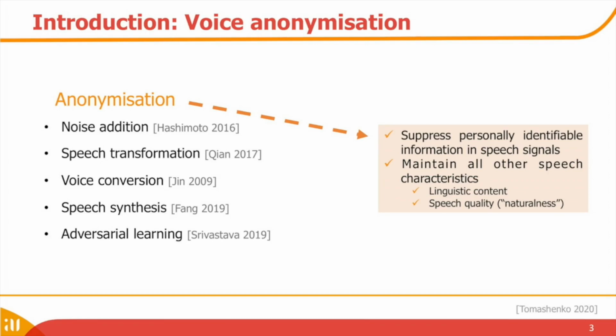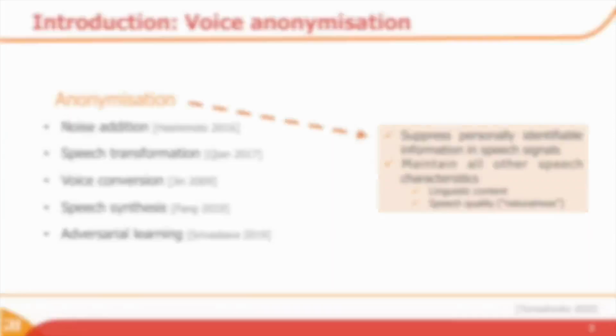Before data processing and publication, speakers apply an anonymization method to their utterances in order to hide their identity. Different methods have been developed, as outlined here. Ideally, anonymized utterances should sound as if they were produced by another speaker, which may be an artificial voice not belonging to an existing speaker.